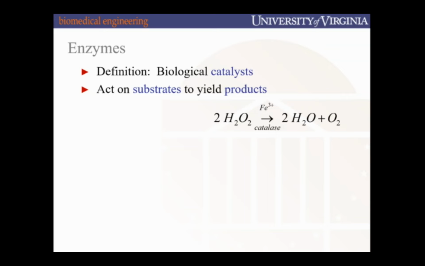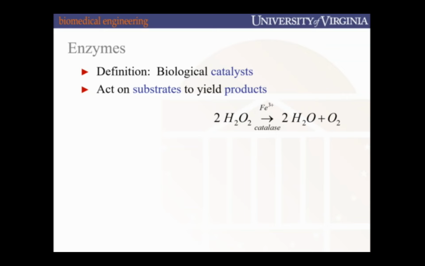Alright, so up to this point, we've talked a lot in this class about amino acids and proteins, but we haven't talked very much about what proteins can do. One thing that proteins can do is act as enzymes, so let's define what enzymes are. Enzymes are biological catalysts. A catalyst is something that accelerates the rate of a chemical reaction. One thing that's important to remember is that catalysts don't change a chemical equilibrium, they just help that equilibrium be